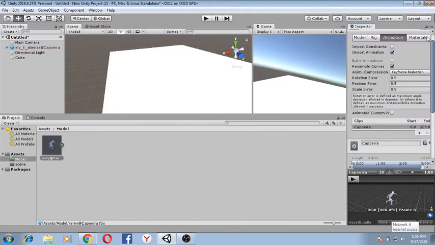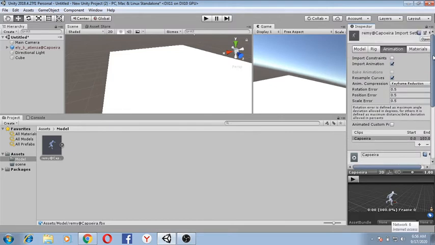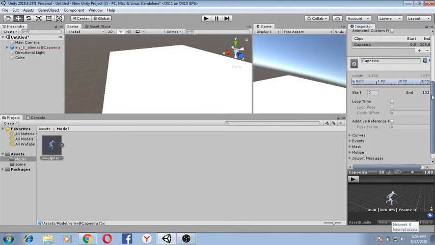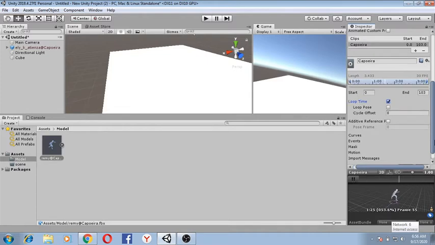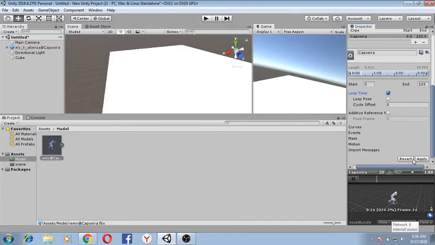Now here you need to come to the animations tab, and right at the bottom you will find an option called loop time. If you want to make this character move in a loop, and you want to apply a loop on the animation, you just need to tick this check mark, and at the bottom again you will find an option called apply.